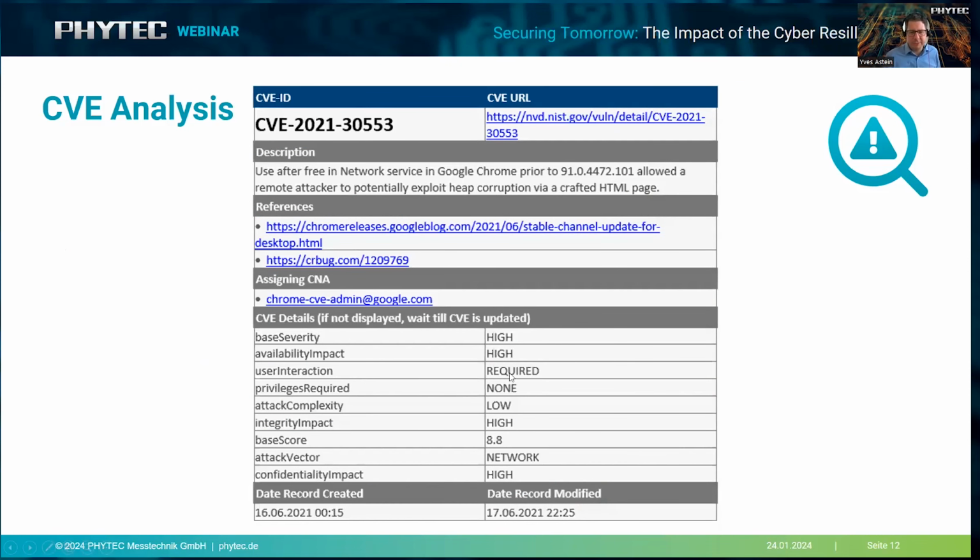This is how such a report looks like. So it gives you information about the attack vector, for example. So if your device is not in a network and this vulnerability is only through network, then you don't have to consider this as a threat to your device.